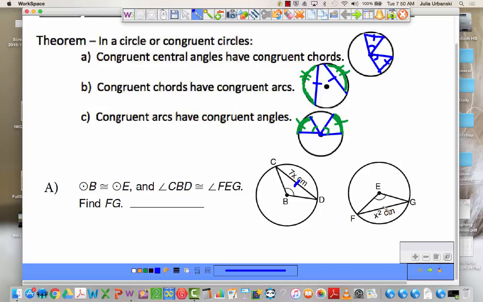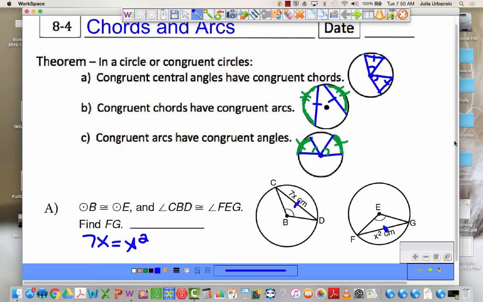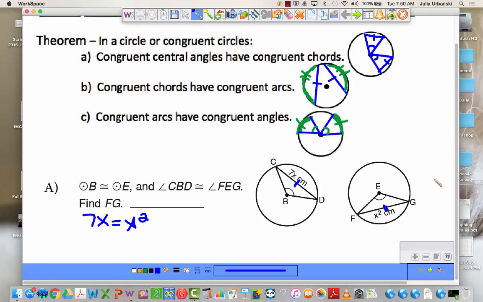So 7x is congruent to x squared. 7x equals x squared. Okay? We just made them equal to each other. So now we have to think back. That's the rule that you can